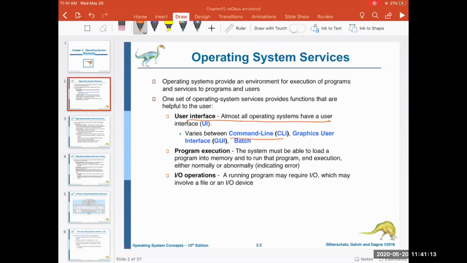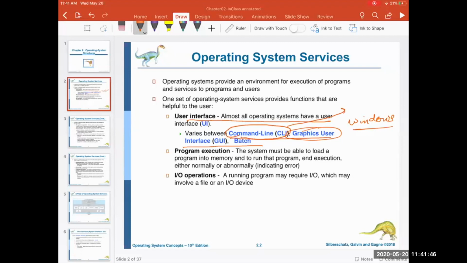All of you are aware of GUI based systems, so it is more like the Windows system where for each and every job you have a graphical user interface for doing most of the stuff. Even for copying a file from one place to another, you will find there is an interface. You can right click and copy and then paste it somewhere, or drag and drop is one option. Command line